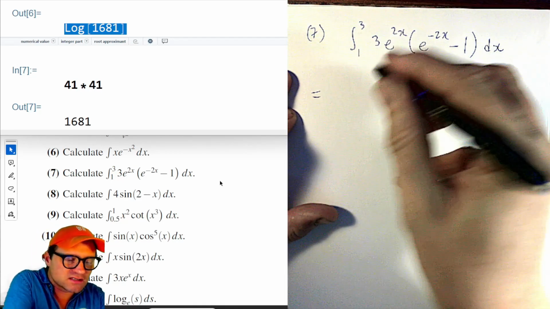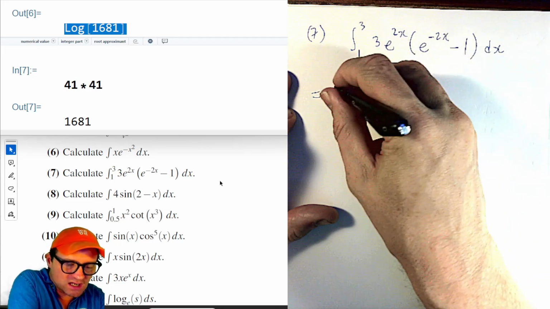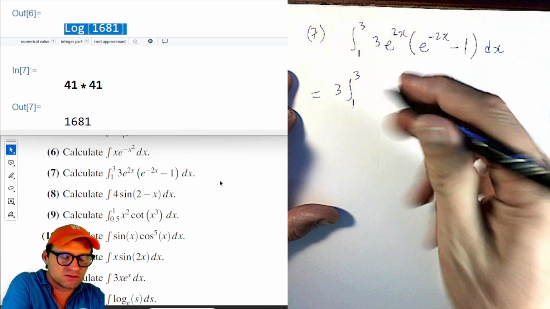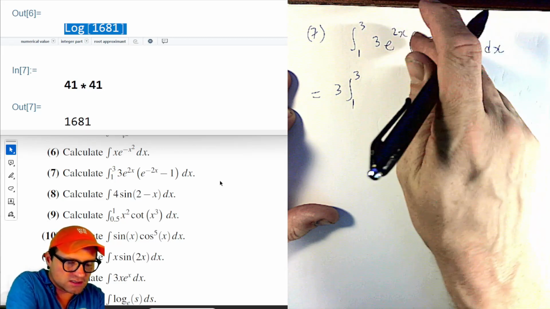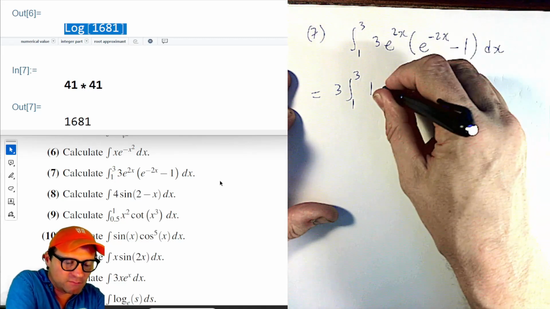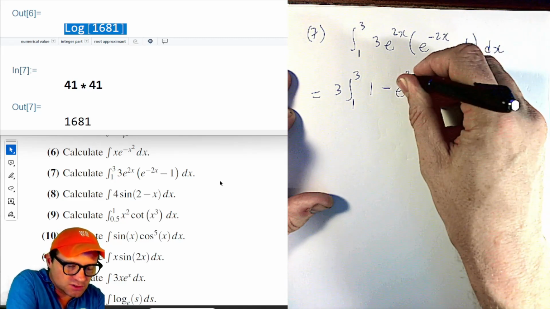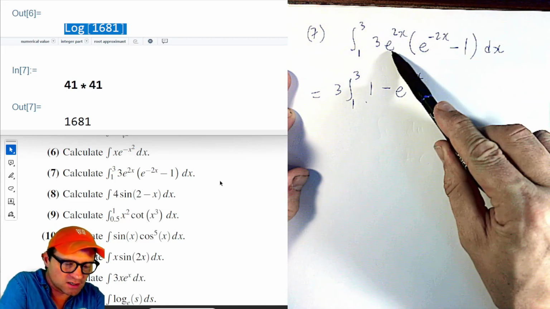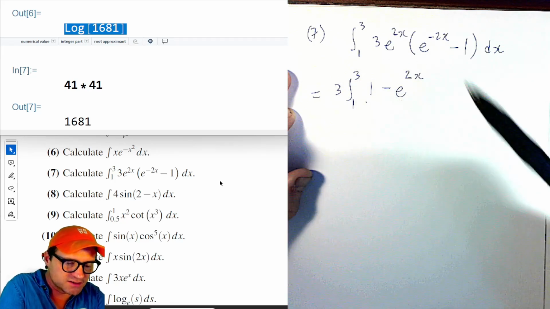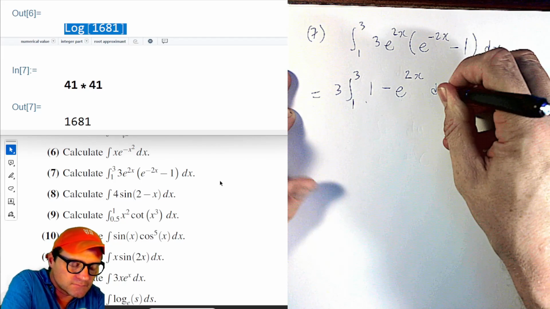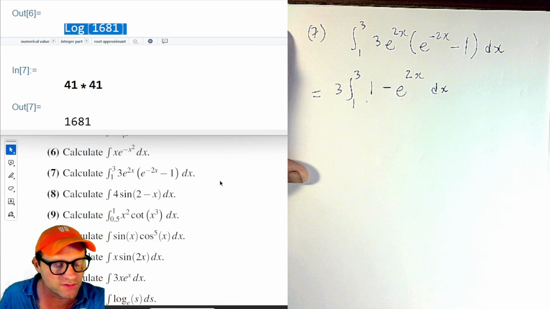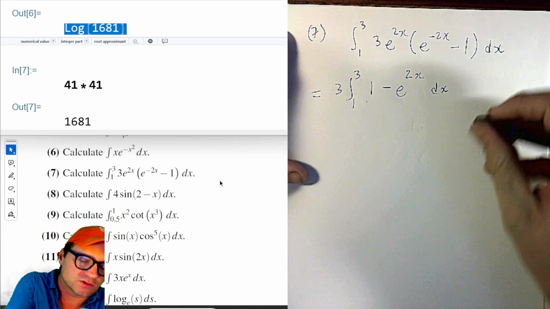So I'm going to write this as 3 times the integral from 1 to 3 of the expanded part of these two. And so these give us 1, and then we have minus e to the 2x. Okay, so the product of these is 1. The product of this and this is minus e to the 2x. And now, since we need to think about this as the derivative of e to the u with respect to u is e to the u, we want to let u be equal to